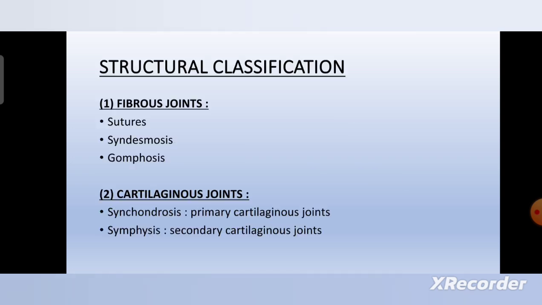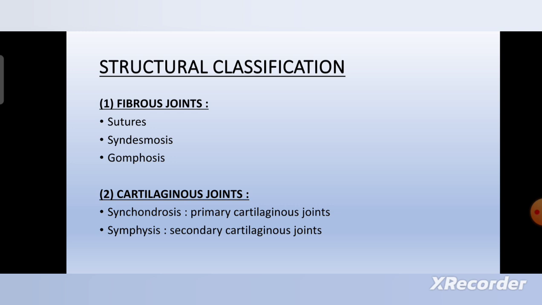Next is the classification of joints. So first classification is structural classification. According to this, joints are of three types: fibrous joint, cartilaginous joint and synovial joint. And further, fibrous joints are of three types: suture, syndesmosis, gomphosis. And cartilaginous joints are of two types: primary cartilaginous joint, which is also known as synchondrosis; secondary cartilaginous joint, which is